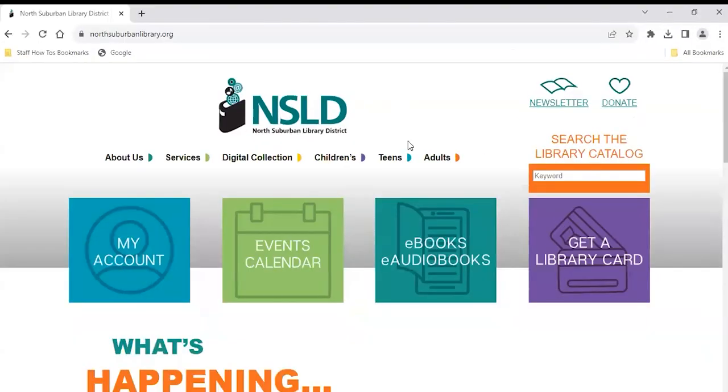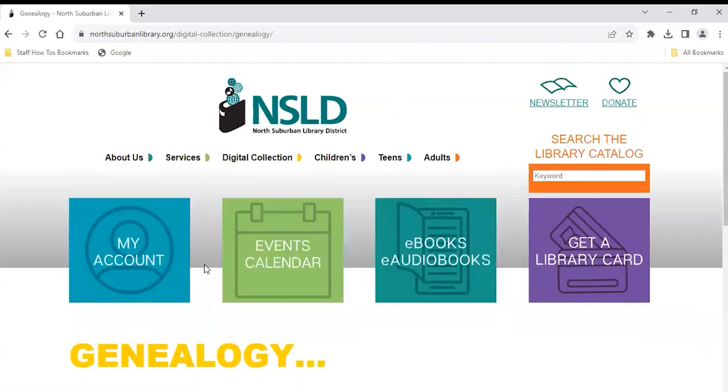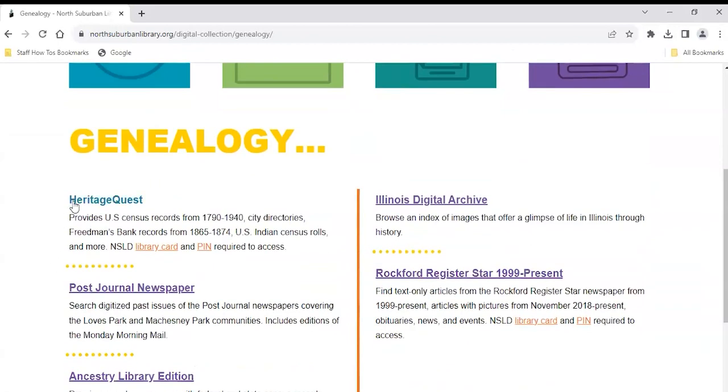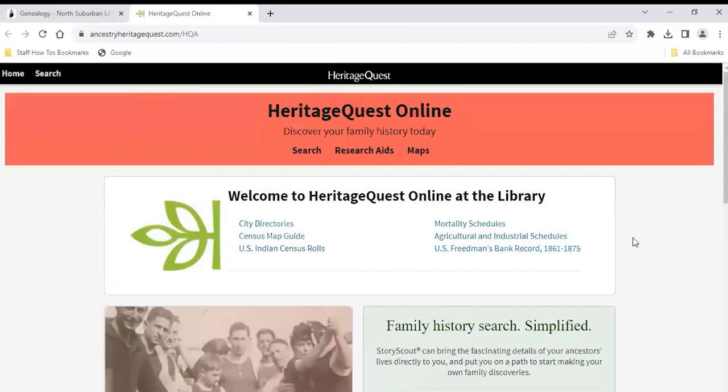So as I mentioned previously, navigate to the NSLD homepage and select Digital Collection, Genealogy, and the HeritageQuest link will be the first result on the page. And when you click the link, as I mentioned before, if you are at an NSLD location, you will automatically